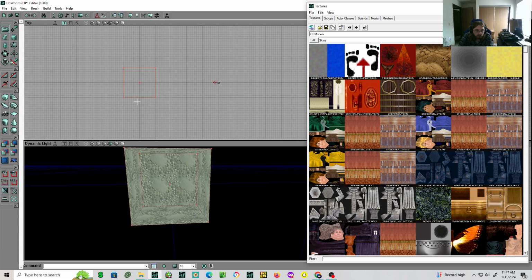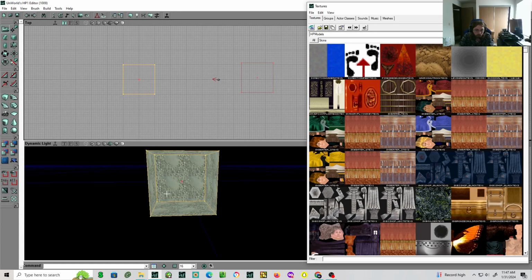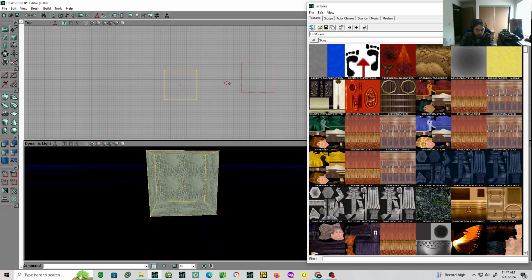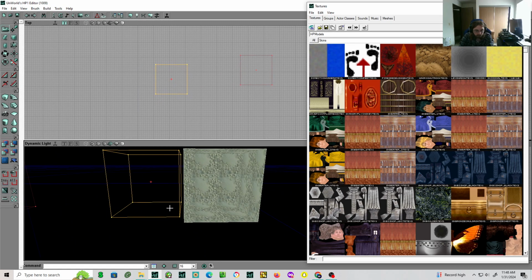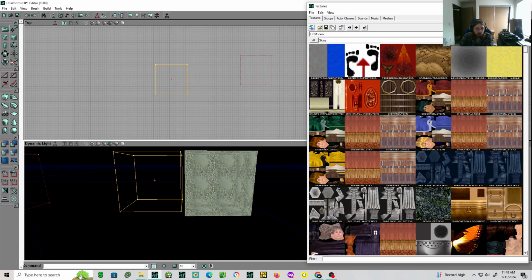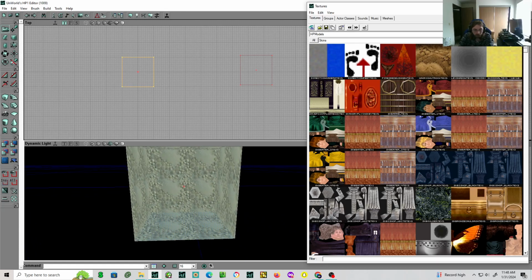The next thing you can do is drag this over more. As you can see now, that cube has become a brush. If you left click and hold control down, you can actually move it. I'm going to undo that though. So now that our shape has been made,